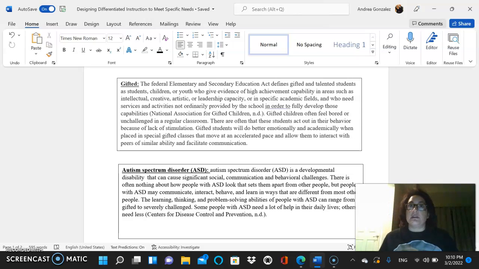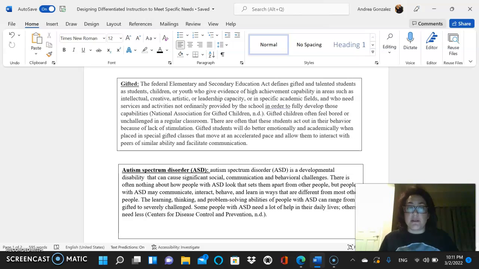These children need specific accommodations or classrooms that give them an accelerated curriculum, whether it be in reading, math, social studies, science, whatever the school offers.